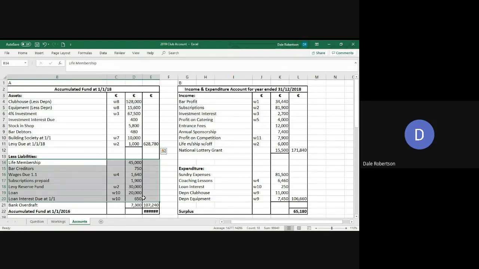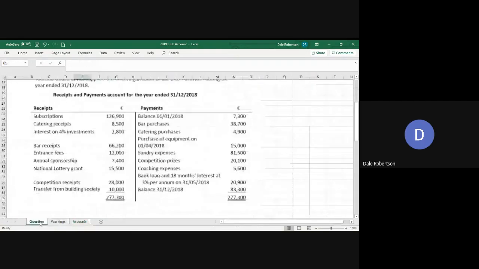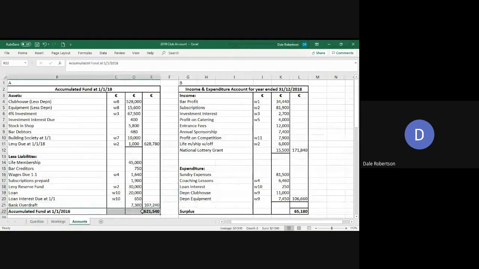And you also have a bank overdraft. The bank overdraft, let me just point that out to you in the question. The balance is on the credit side here of 7,300, so that's an overdraft. If that was on the debit side, of course, it would be an asset. You take your liabilities away from your assets, and you get an accumulated fund at the start of the year of 521,540,